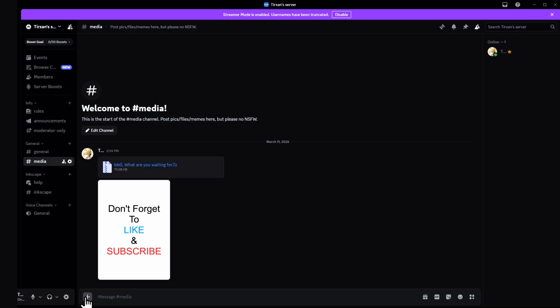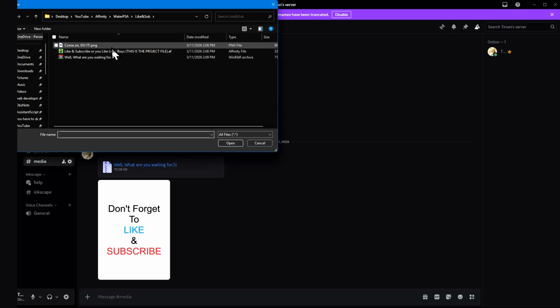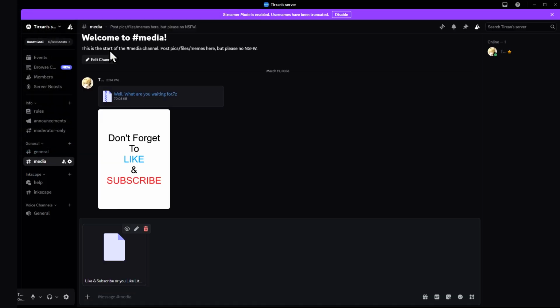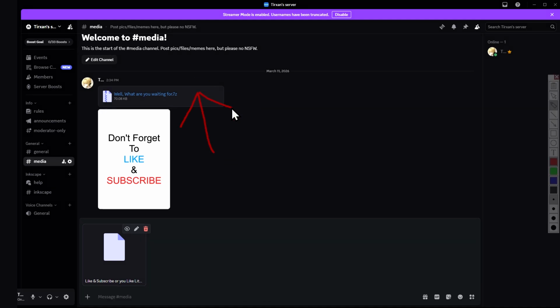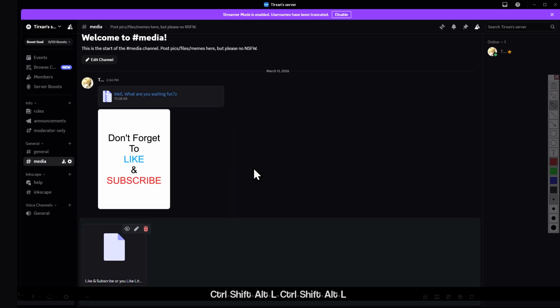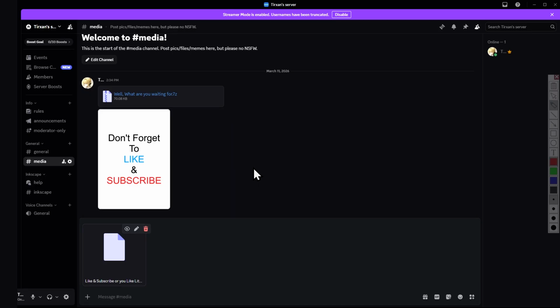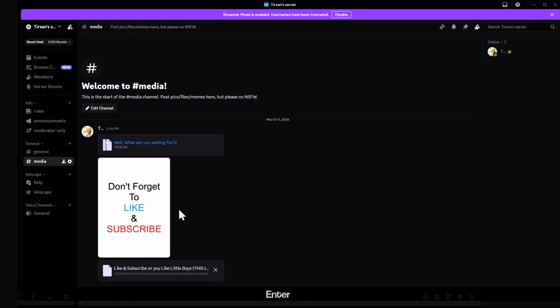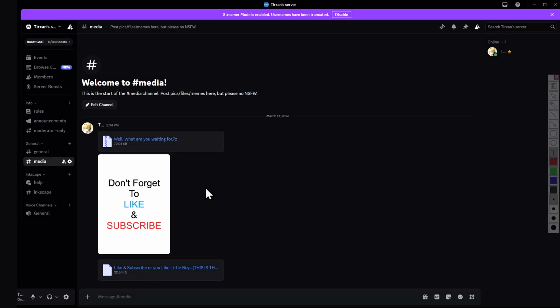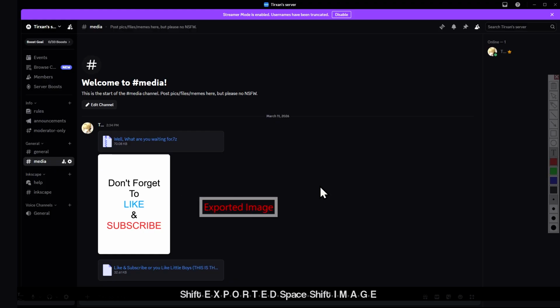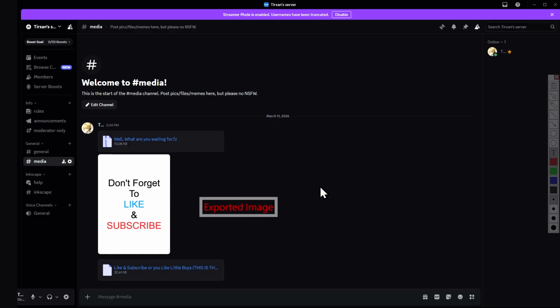Now what happens when we upload the Affinity project file? Well, we get the same result as uploading the 7-zip file. Instead of the image that is in the Affinity project file, we just get this icon. And even when we upload it, we still won't see any image. Now, to recap, if you want to share your hard work in Affinity, the finished work, you want to share the exported image.